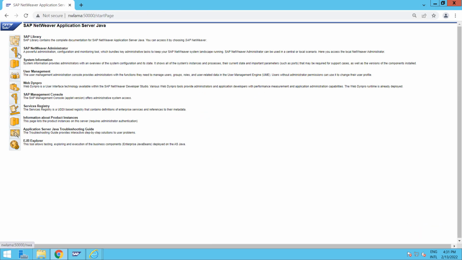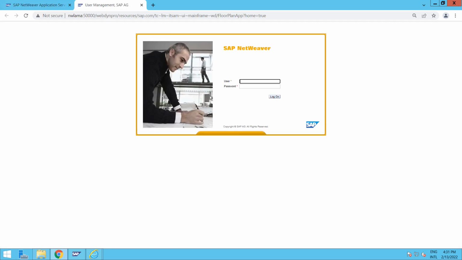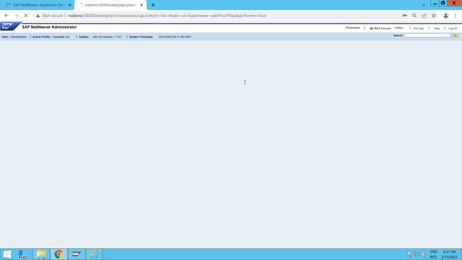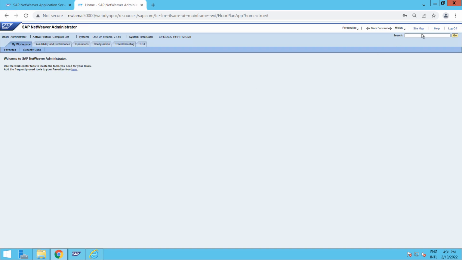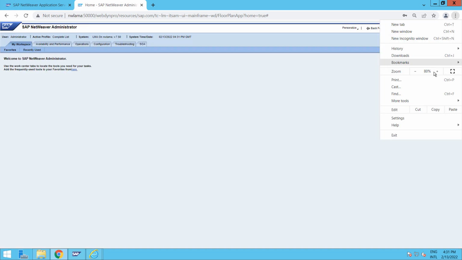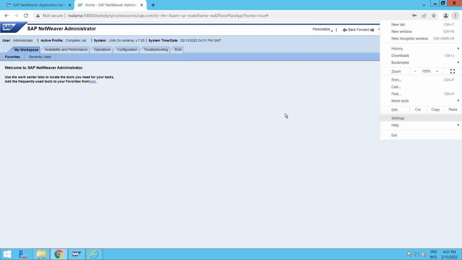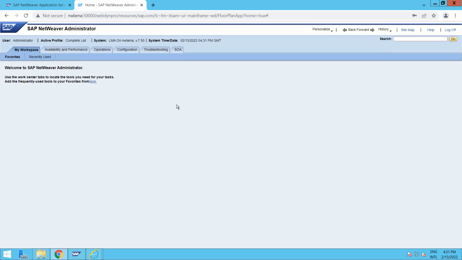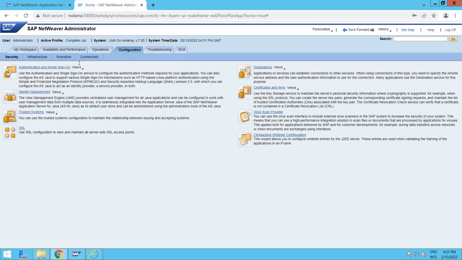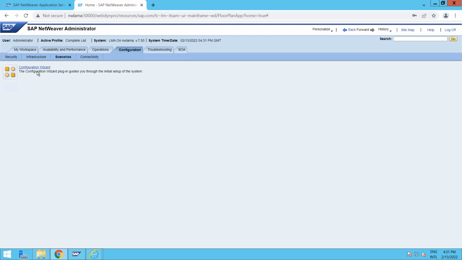Then click on SAP NetWeaver Administrator. And this time, as you can see, it works perfectly fine. So let's zoom in a bit. To do the configuration for the SAP LAMA system, go to configuration, then scenarios, then configuration wizard,